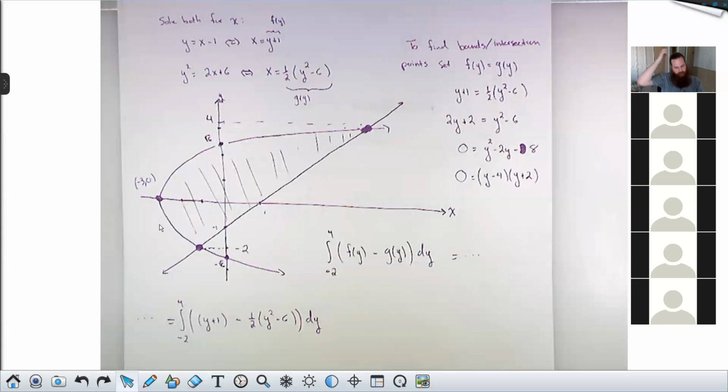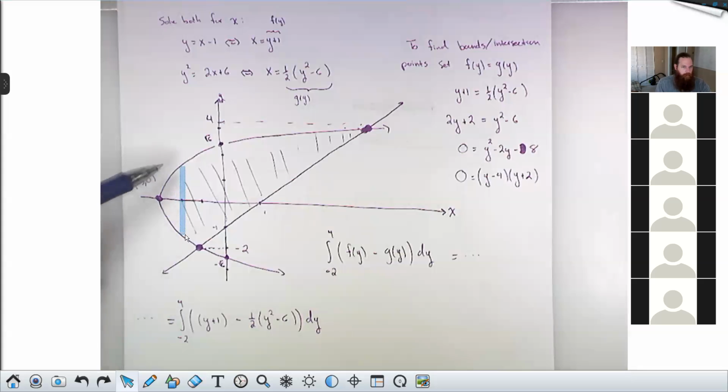So the boundary curves that they give you, if x is a function of y, then you'll most likely be doing the integral dy. And if y is a function of x, then you'll most likely be doing the integral dx. But there are situations where you'll have to choose. And really the only way to choose is by drawing the picture and then imagining your little Riemann rectangles. Could I build a Riemann sum for this guy over here? No, because the height of this rectangle,